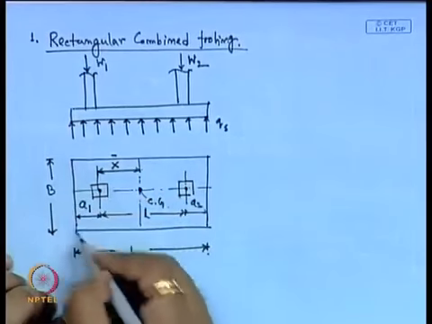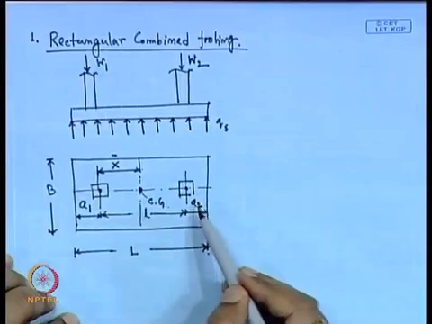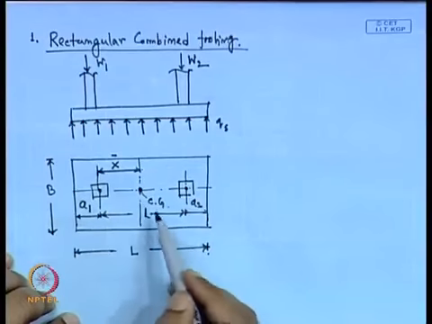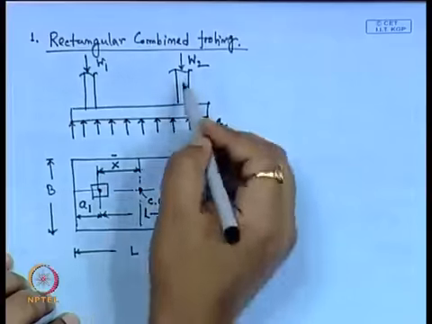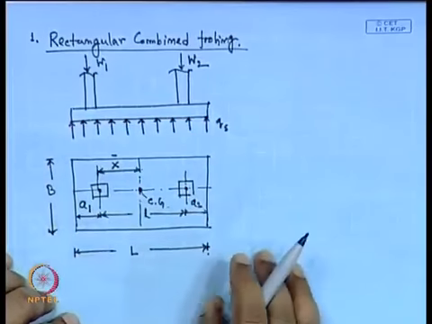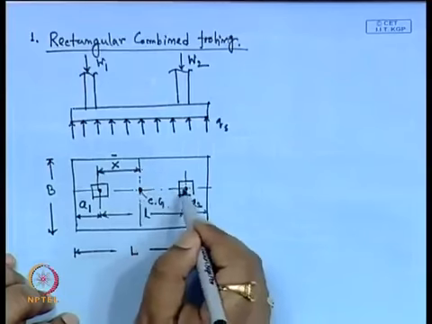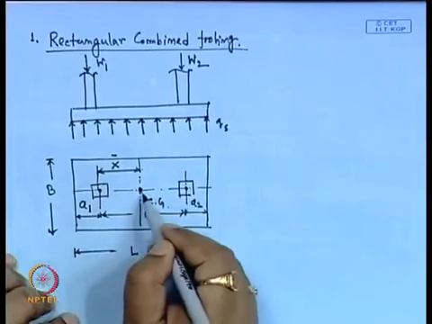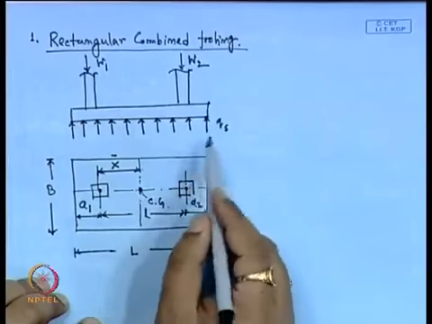We have to choose the dimensions A1, A2, B and L, because small l, the center to center distance between the columns, is known. We have to choose A1, A2, B, L such that the resultant force, that means W1 and W2, the two forces acting on the columns,